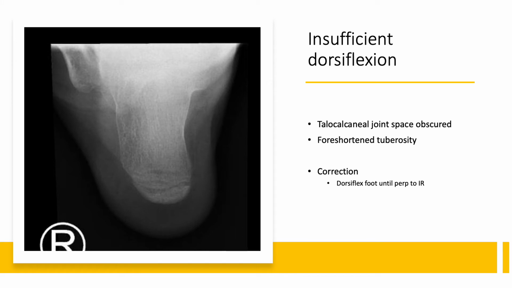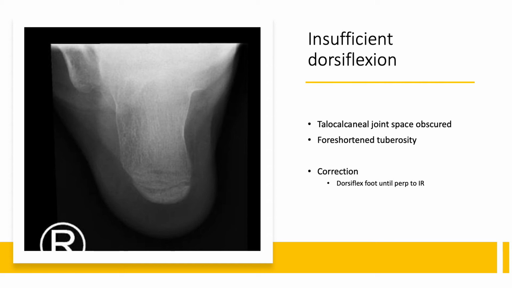In this image, the foot appears to be insufficiently dorsiflexed. The central ray is aligned closer to parallel with the long axis of the tuberosity instead of the joint space, causing the tuberosity to demonstrate excessive foreshortening and the joint space to be obscured. The foot should be more dorsiflexed, or in other words, pop the heel out to achieve that 90-degree angle to